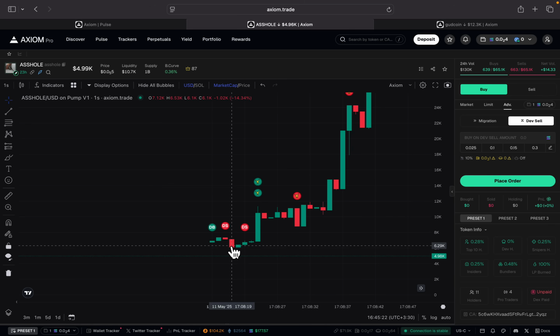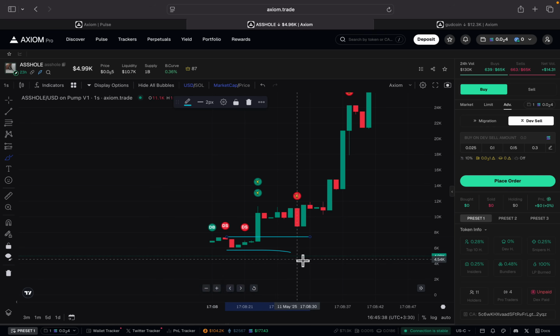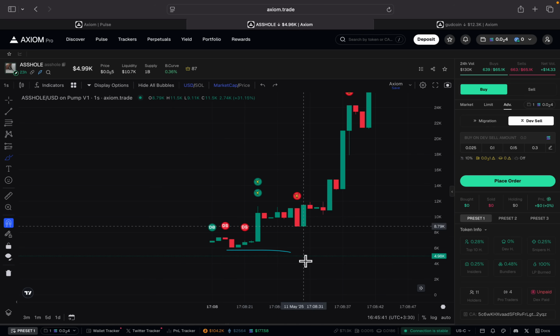And this was the best place to actually buy the token. You can see it had a dip until 6,000. If you can buy a token with a good narrative like this one at $5,000 to $7,000 market cap, take it. This is a great opportunity. And as you can see,